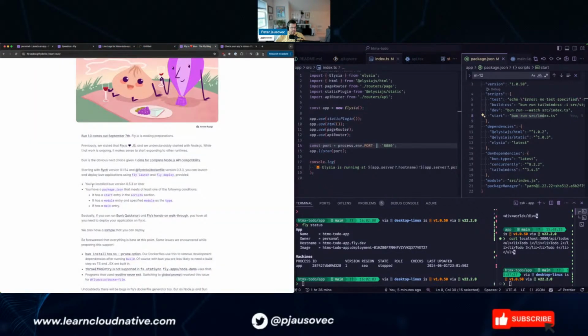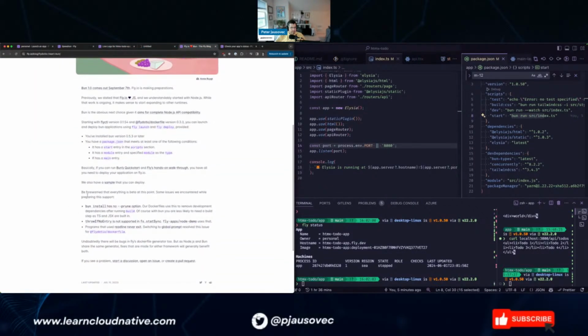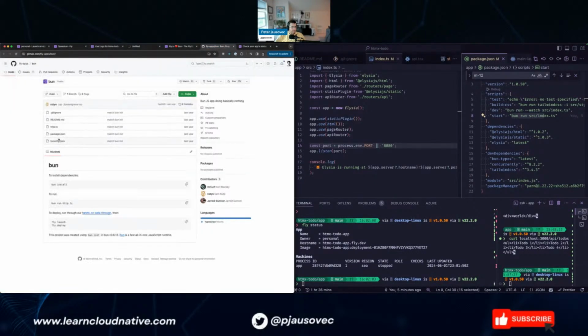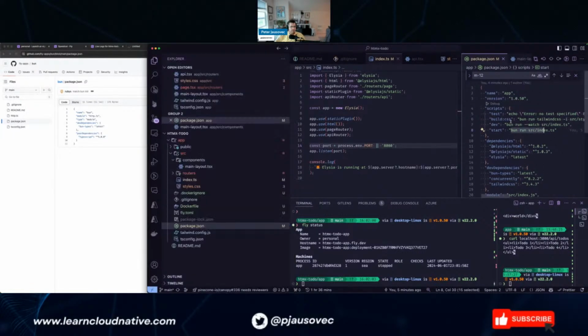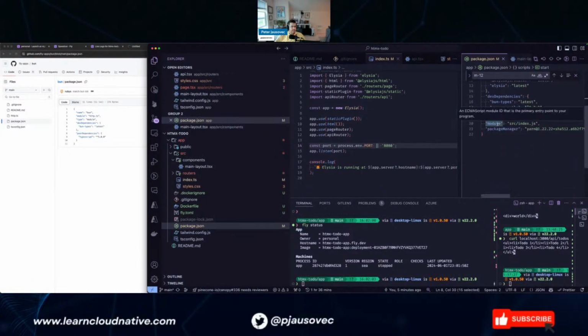Let's see. So, formatted everything. Okay. Oh, there's a sample. All right. So they have a sample that should work with bun. So that's the only thing. Oh, but this one doesn't have the module. I have the module, right? Yes, I have